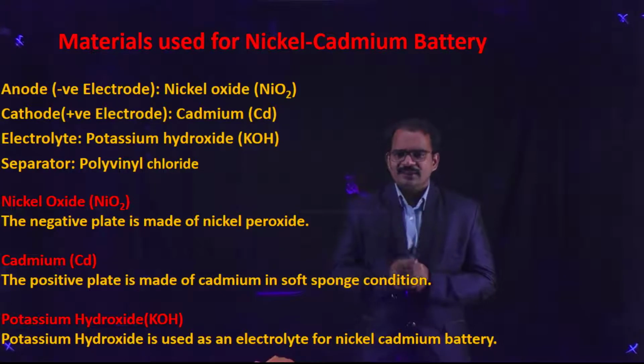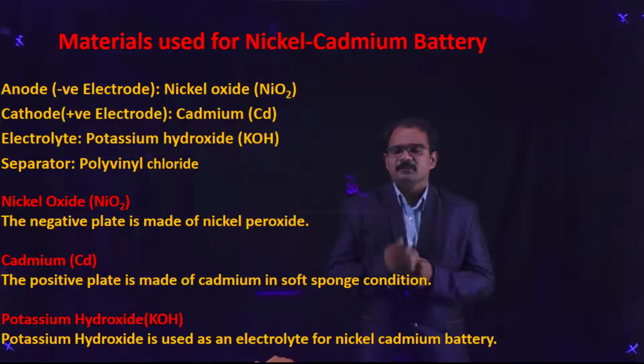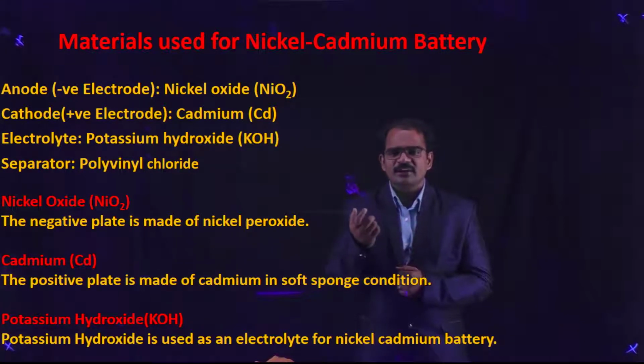What is a separator? A separator is an element of a battery which is there in between the cathode and anode to isolate them and prevent short circuiting inside a battery. This separator is permeable to the electrolyte, whereas it acts as an insulator to the current.